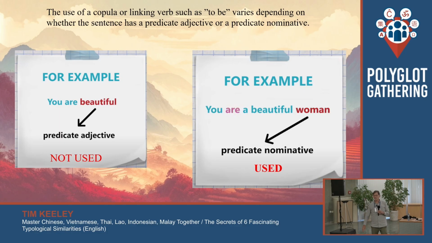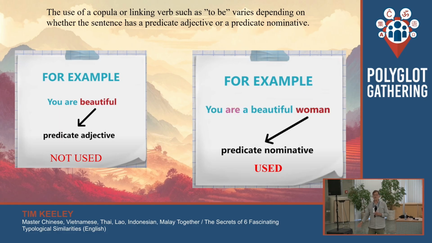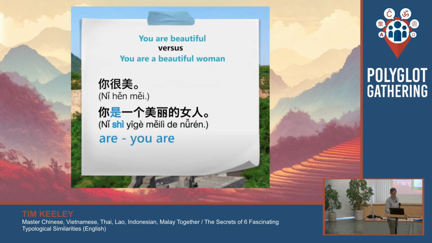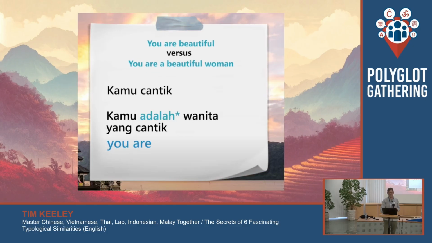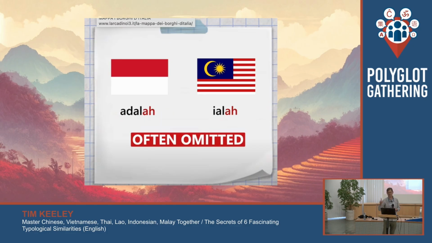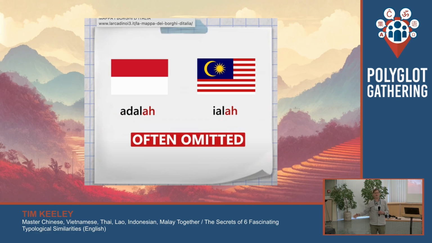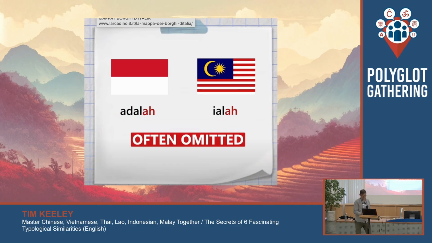For example, in Thailand, sometimes they say, how do you say you're beautiful? And they'll say, khun pen suay. Doesn't make sense. Okay, pen is "to be." But if you say, khun pen phuying suay, all right, you're a beautiful woman. I gave you all those examples in each one. In Indonesian and Malay, they use it, but they often drop it even if you're saying you're beautiful, you're a very intelligent person. They'll often drop the equivalent of "to be."